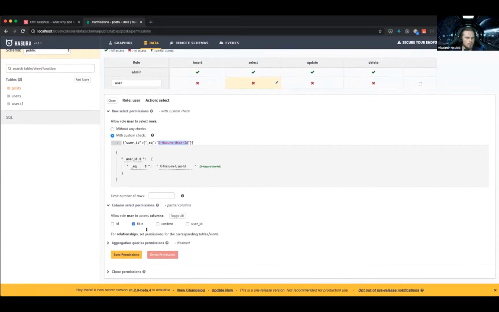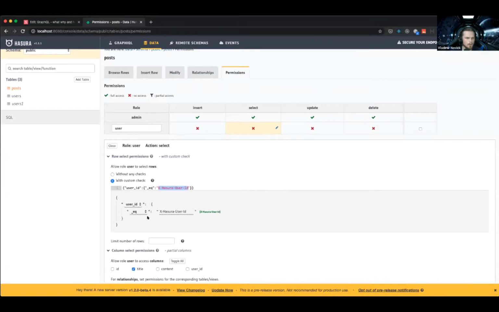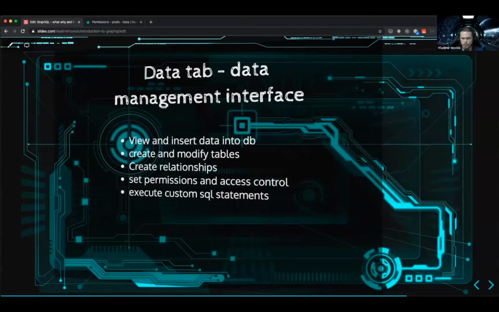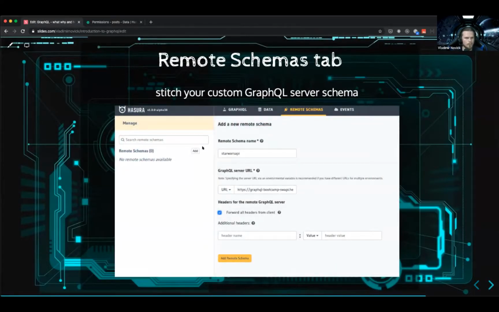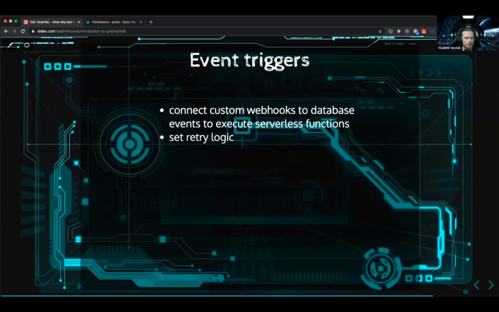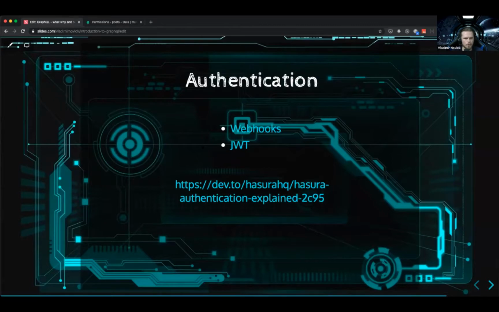So this user will be able to see only the title of his own posts. So you can go really granular there. So this is the data tab. Remote schemas is stitching schemas together, and event triggers connect to custom webhooks and so on.